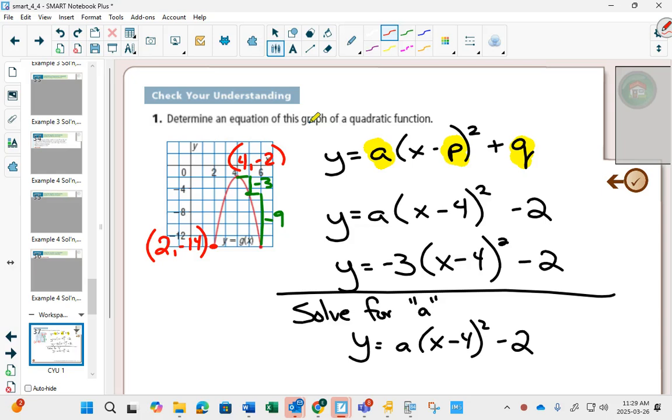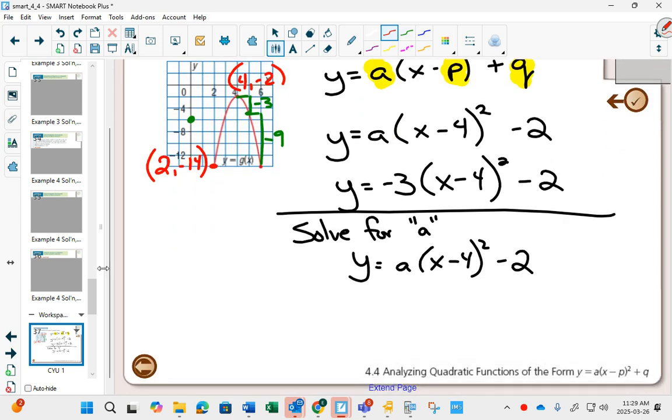If a point is off the graph, that will not make the equation true. It's definitely not on the graph. So it won't make it equal. But if a point is on the graph, it makes the equation true, which allows you to say, I know that when y is -14, that x has to be 2. And if I plug in my point, which has to be true,